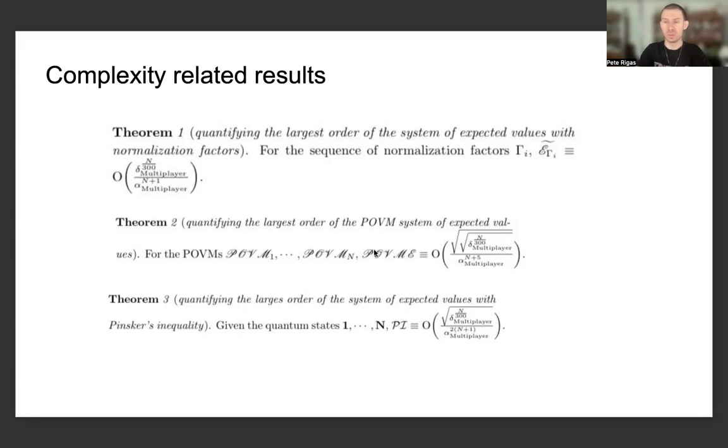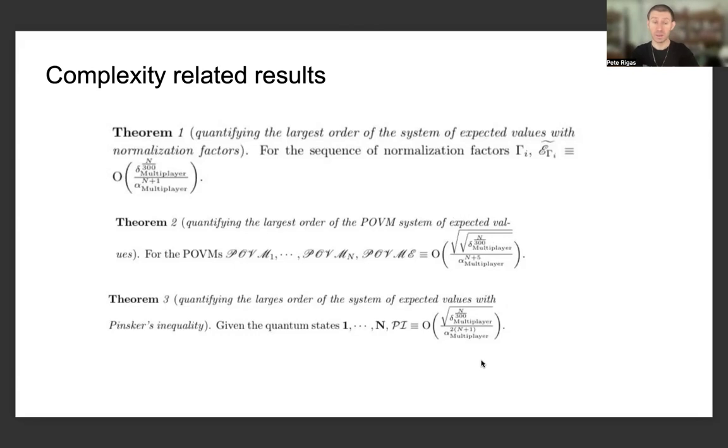And we can see that in theorem 2, from this complexity related function which is provided for the system of expectation values given in the first theorem, the positive operator valued measurement system is given by instead being related to this type of expression, except that we're decreasing the contribution of this delta multiplayer parameter, which we have been describing and explicitly define in other presentations of this series, and we're normalizing it by a higher power of the multiplayer anchoring probability.